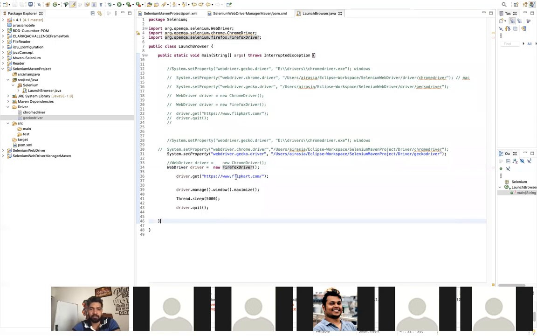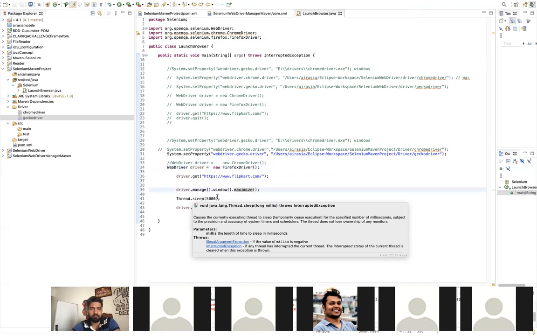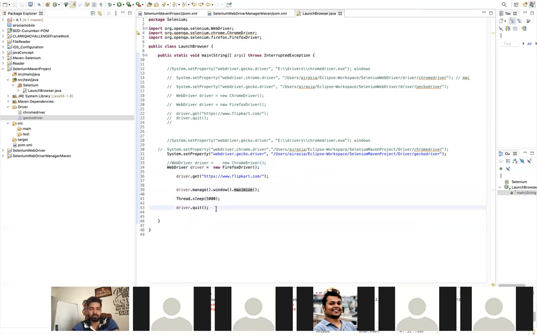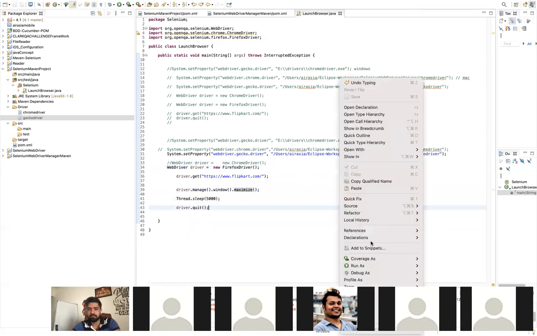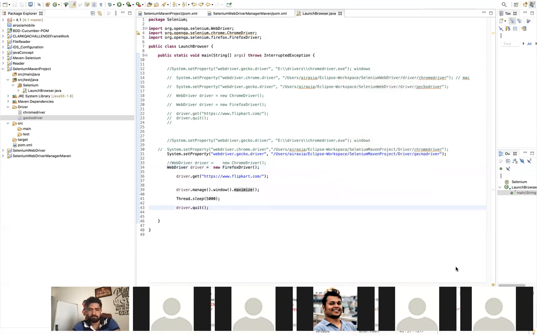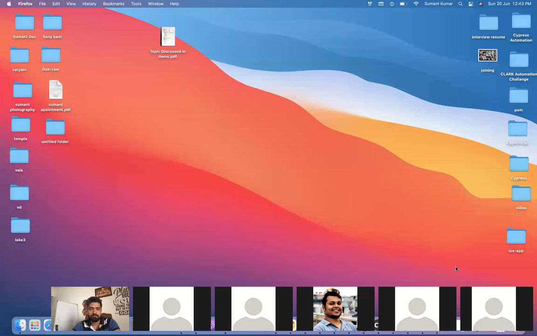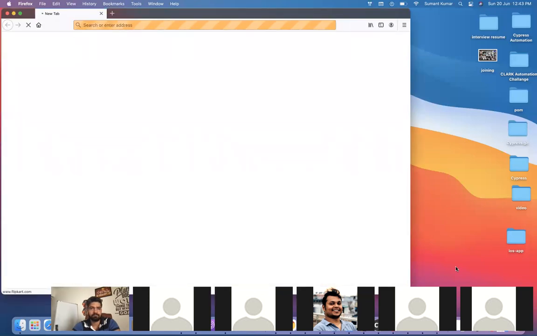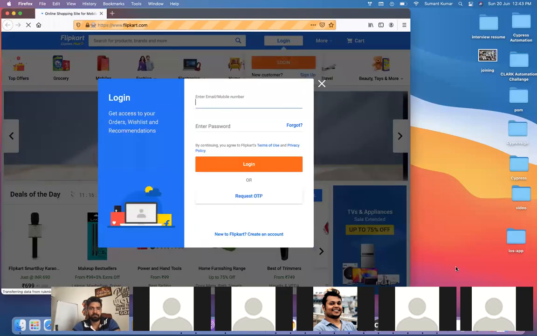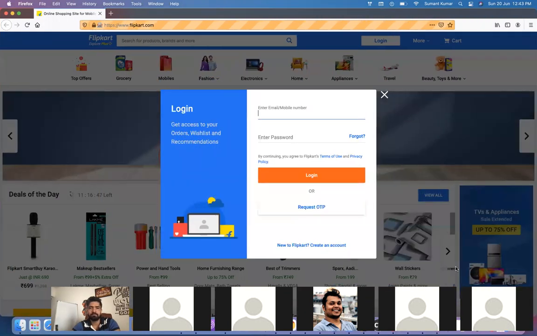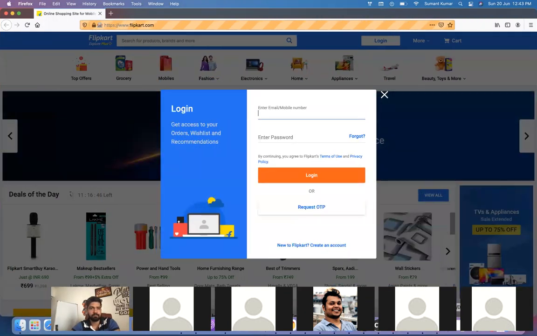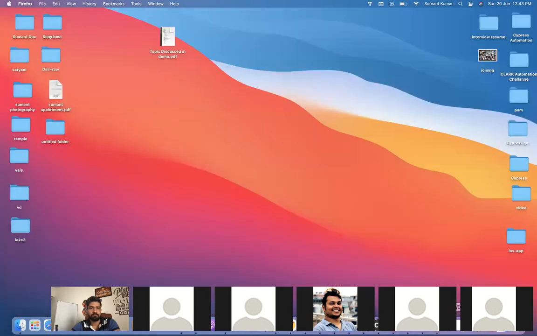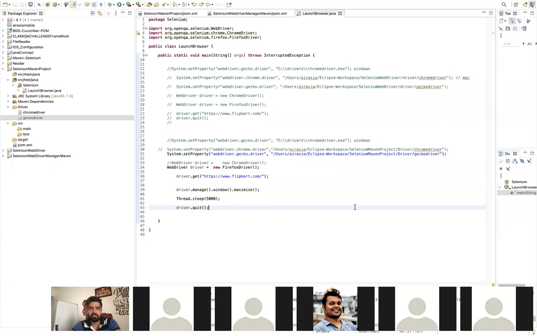So this time, instead of launching Chrome, it should launch Firefox. It will navigate to this URL, then maximize your window, then wait for 5 seconds, and quit your browser. Let's see once we give the execution. Okay, so this time it actually launched Firefox.